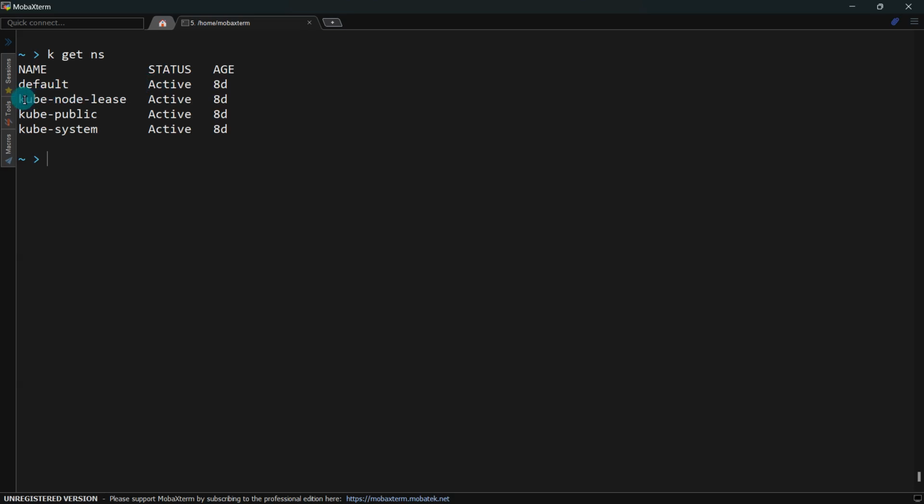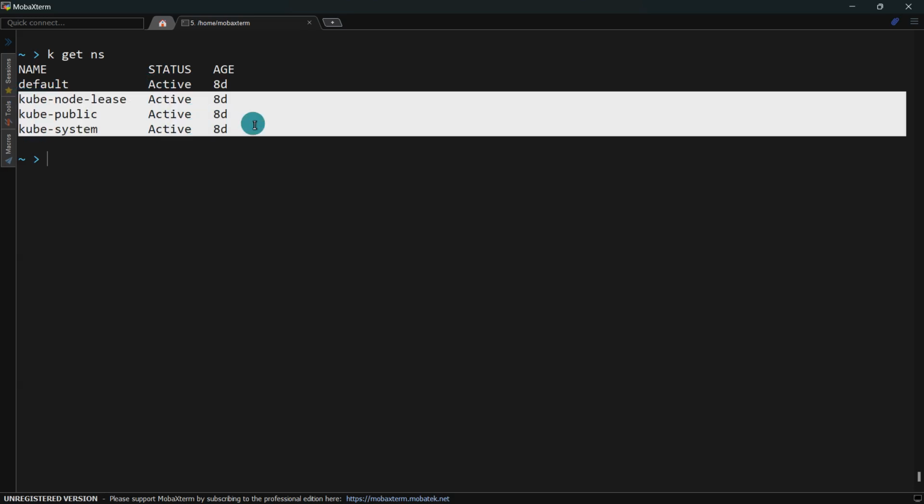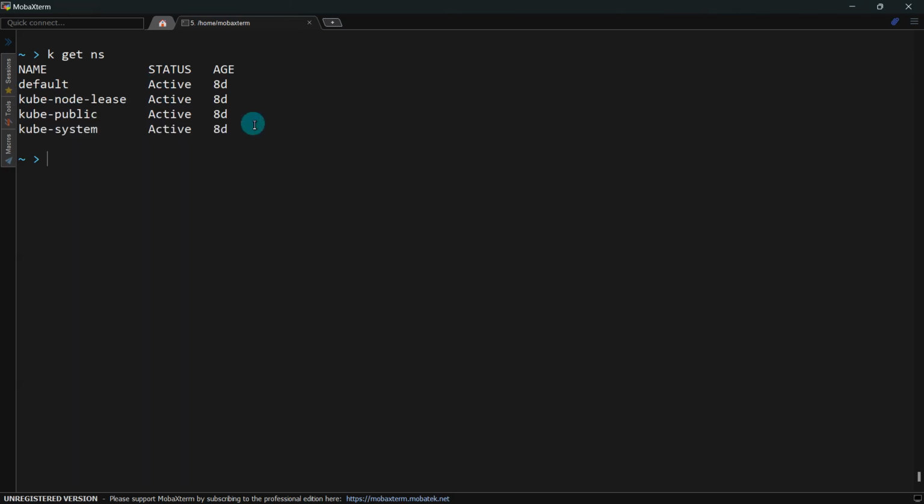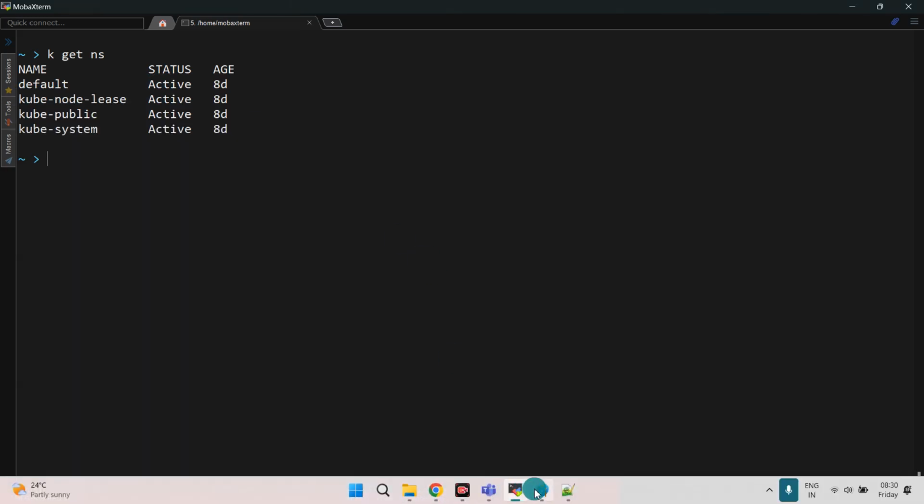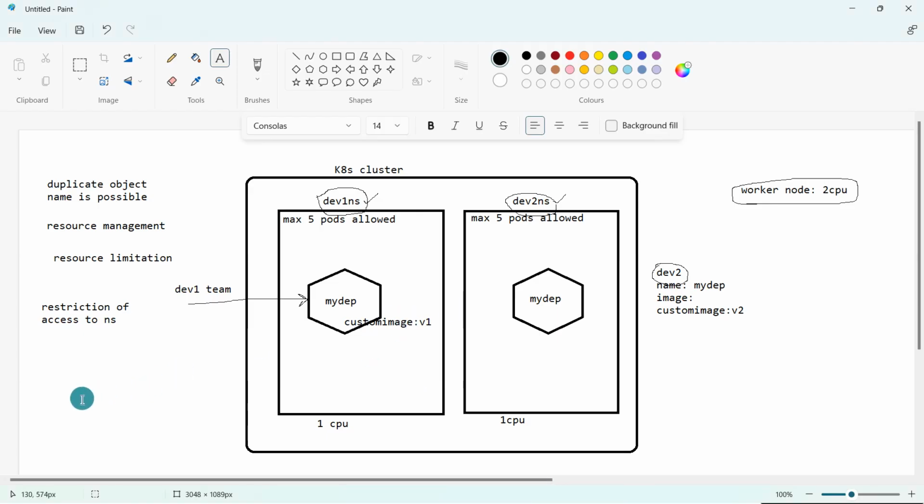Others, namespaces are, I can say, system related namespaces. We should not do anything within that. And at the architecture level, I talked about a few resources, I mean to say components, like API server,